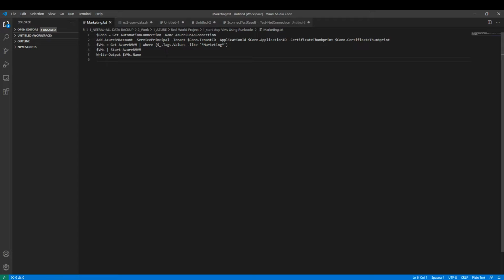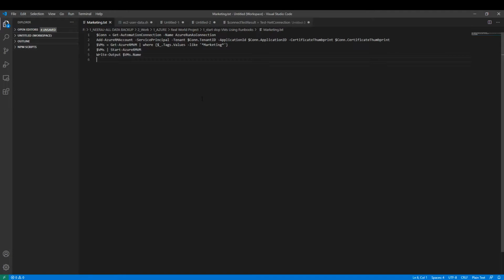As you can see in this runbook, what we are doing is basically searching VMs based on a tag. So I'm going to assign both the VMs this marketing department tag. And whenever I want these VMs to be started, I can specify start over here. If you want to stop the VM, then you can specify stop over here. So you just have to modify this cmdlet to start or stop the VMs based on the tag that you're going to specify. Right now I'm just showing you this configuration.